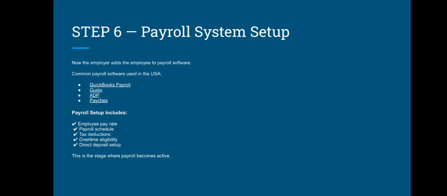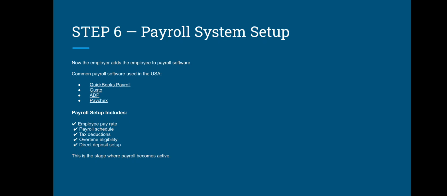So while setting up the payroll, if I give you an example of Gusto, in Gusto you will click on People. On the left hand side you will get a list of options. There you have to click on People and click on Add new employee. When you are adding a new employee, at that time you have to mention the pay rate for that employee, payroll schedule, whether you have to pay that employee on a weekly, bi-weekly, or monthly basis. Then tax deductions. Tax deductions include social security and Medicare, those are the common taxes which have to be paid